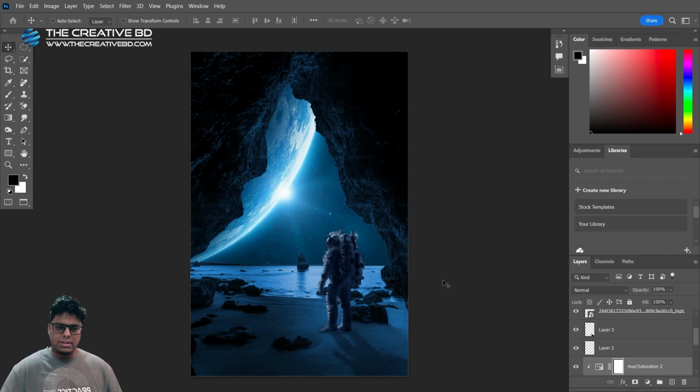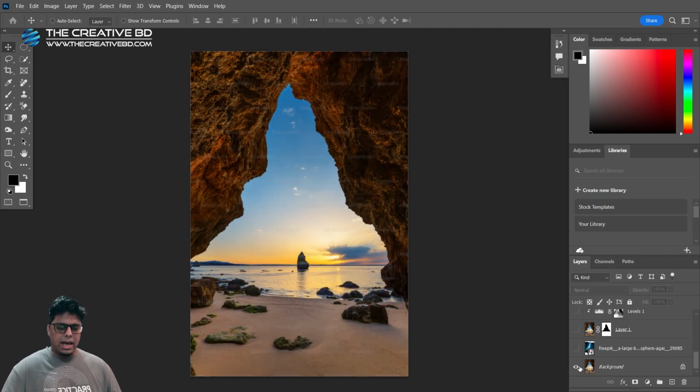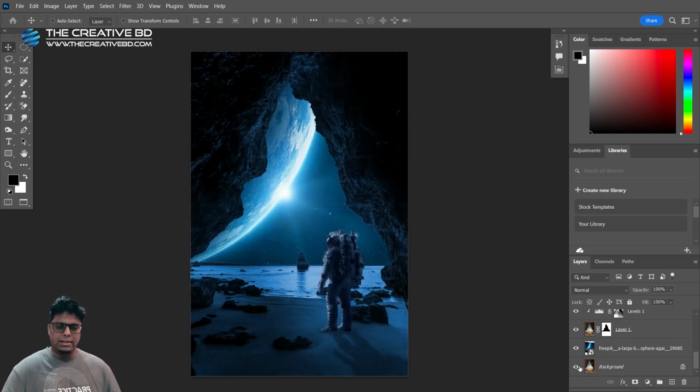In this tutorial, I'll show you how you can create an image like this. This is called image manipulation, and we do this in Photoshop. So have a look. That's the main image. Here you can see, I turned this image into something like this, and you can see how nice it looks. It looks like the astronaut is standing inside a cave and looking at the Earth from empty space, and